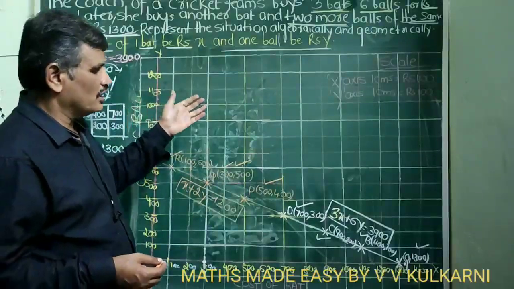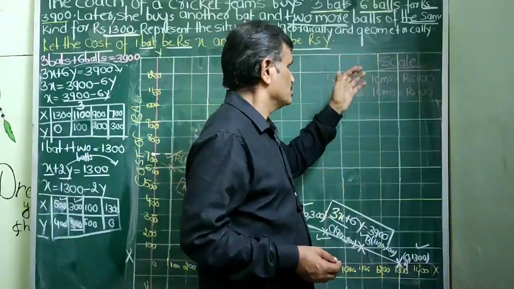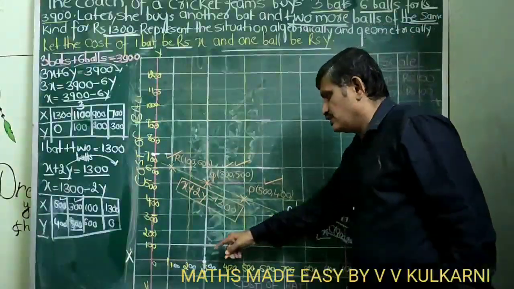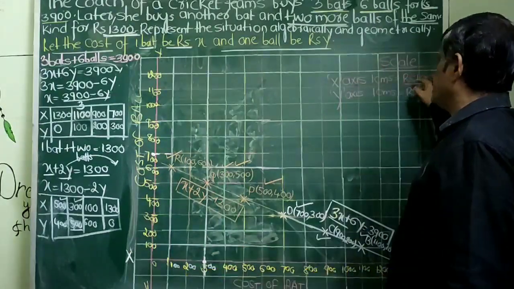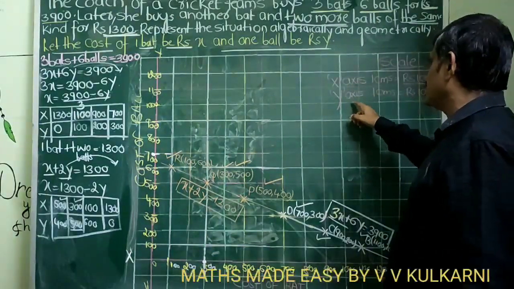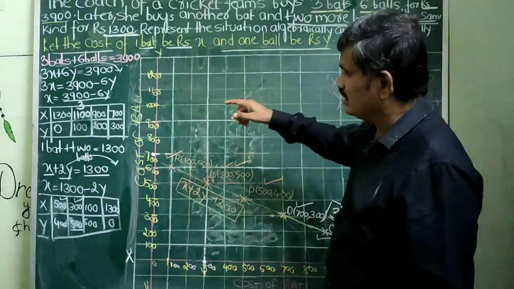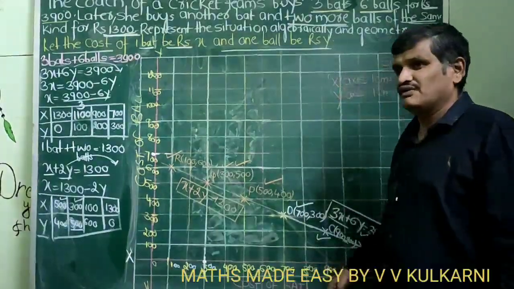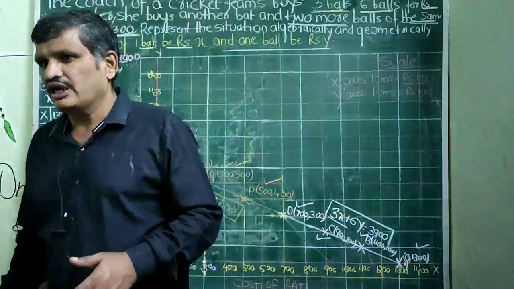And whenever you draw a graph, always you can put a scale on the graph. It is always better to refer to it. Suppose here, in your graph, wherever 1 centimeter is there, you can call it as equal to 100 rupees. And on the y axis here also, it is 100. And this y represents the cost of a ball. X represents the cost of a bat. Of course, these things I need not tell to a class 10th student, so that's why I have avoided it.